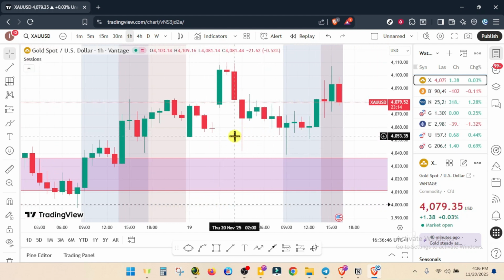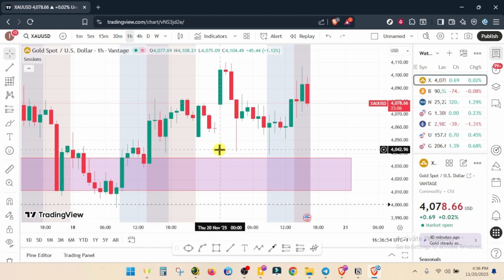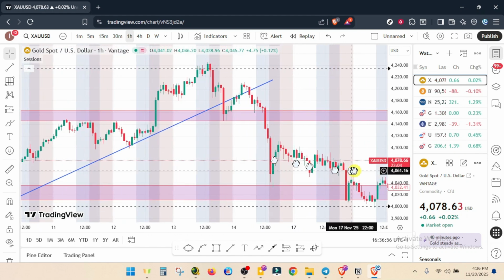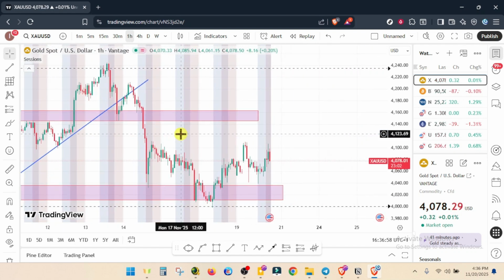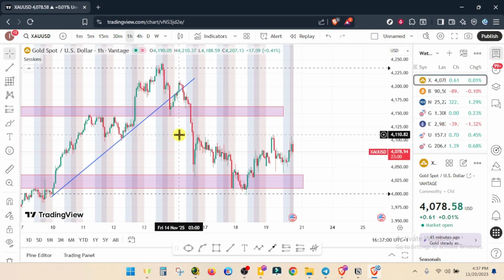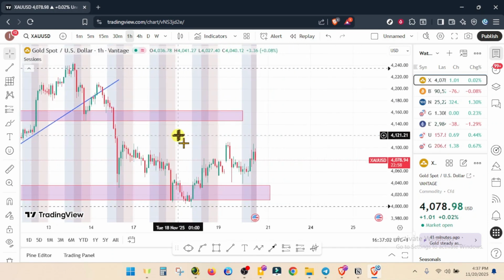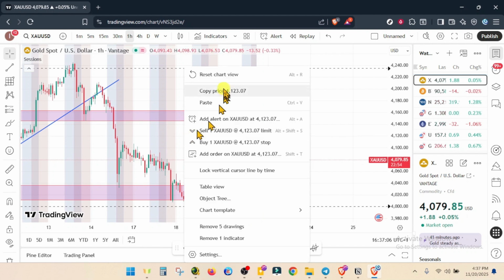Another way, if you are using a mouse, is to simply press Ctrl and then use the scrolling mouse. Drag it, scroll it up or back, and as you can see, that's it. And if you want your chart to be back to normal, just right click and click on